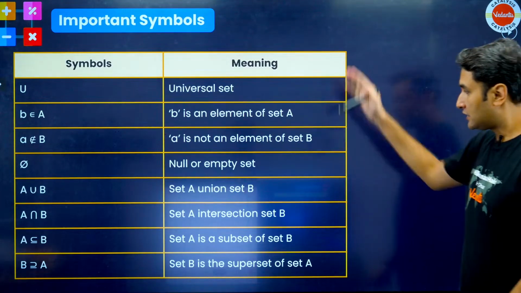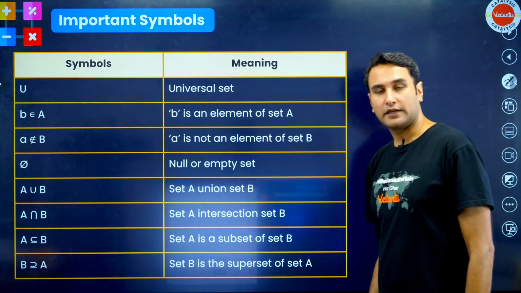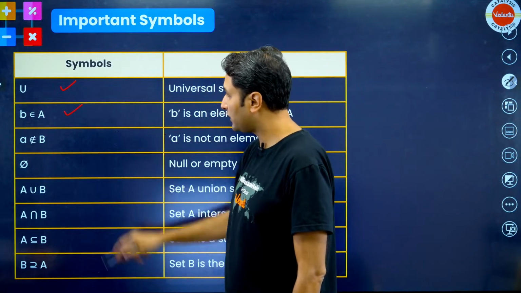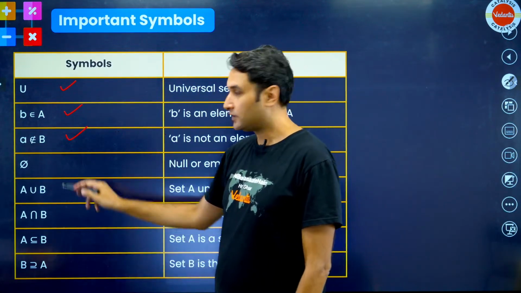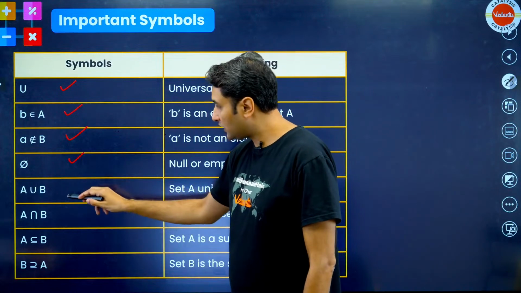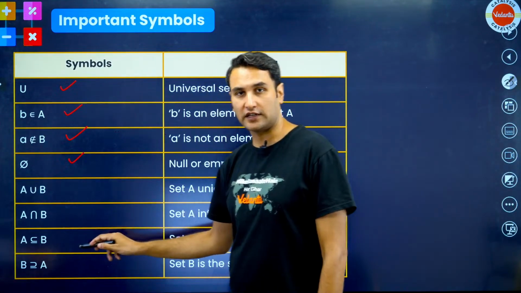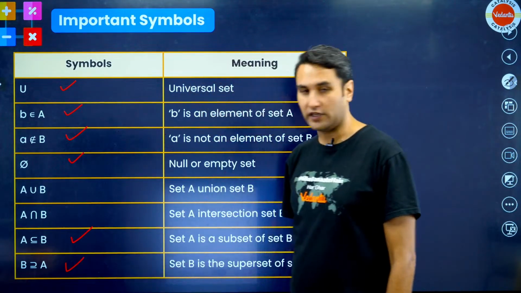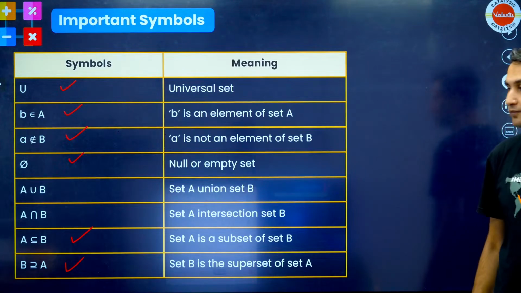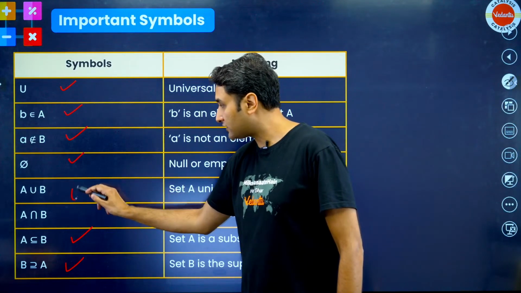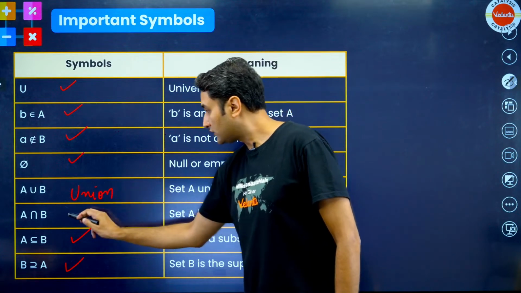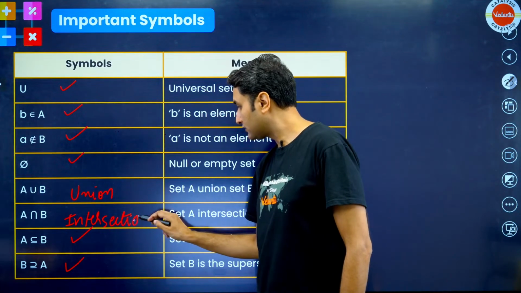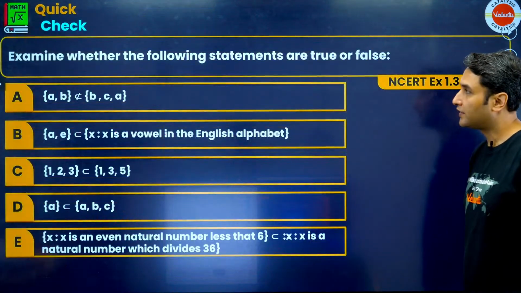Right? Some of the notations that we will read in this chapter, many we already have. Universal set, B belongs to A, does not belong to B, phi. Union, intersection, we will read in the next class. A is a subset of B, B is a superset of A. So we have done all these notations, right? Union and intersection is something that we will do in the next class. Okay, but these are all the notations. Now,